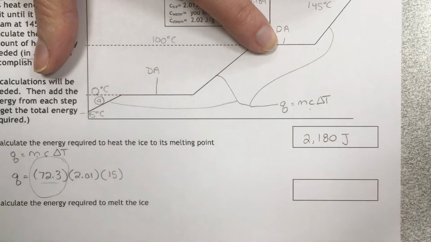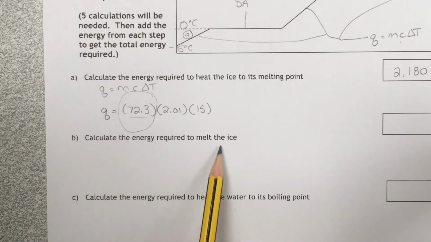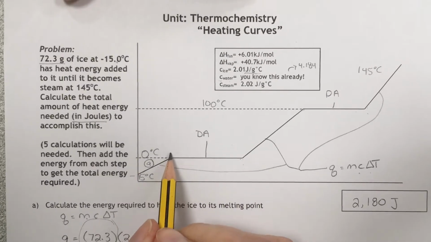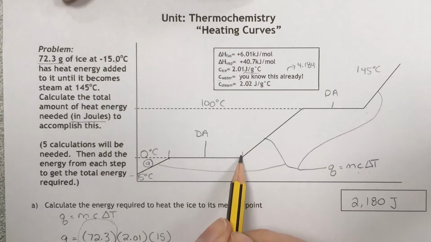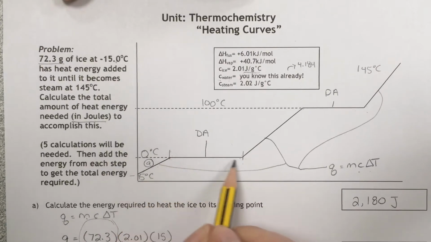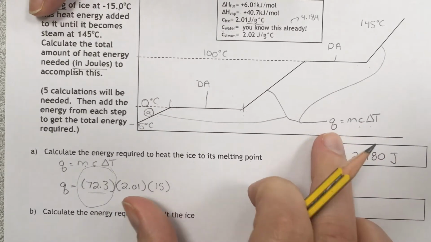And that's in joules. Okay, so we have our first answer. All right, so the next one, energy required to melt the ice. So melting the ice, this is where it starts to melt. This is where it is completely melted. So this is a plateau. We're using dimensional analysis because we don't have a change in temperature, so this equation is not going to